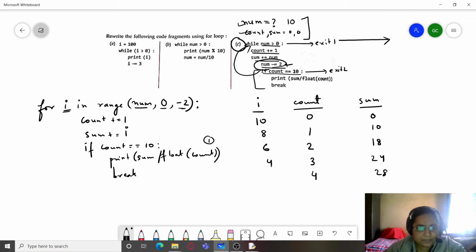Count is still not equal to 10, again minus 2 which will make it 2, and it is still greater than 0, and then count will be incremented, sum will be written here, count is still not equal to 10, again minus 2, now it becomes 0.